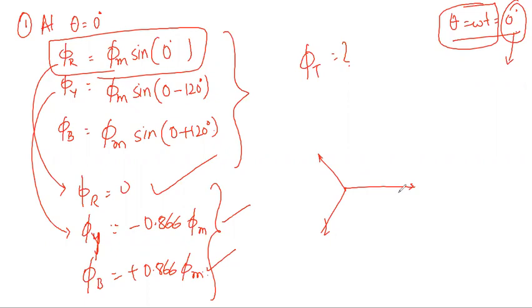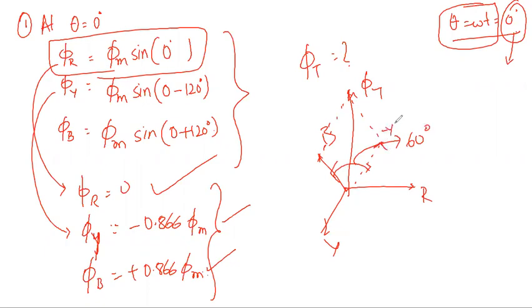The R phase is to be eliminated. So Y, R, Y and B. I'm left with a negative sign, minus Y here. So I can find the resultant flux that is present there, which is phi t. This is the angle of 60 degree that is present there, and this is minus Y. So this is phi t, and the angle is 60 degree with respect to these two phase values of the fluxes which are shown by the vector diagram.